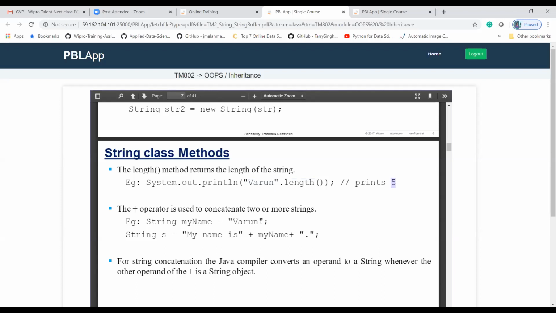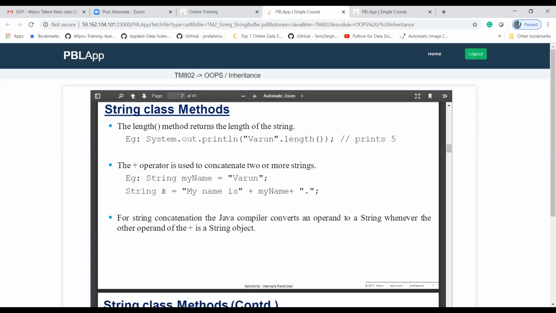String myName is equal to "Varun". String s is equal to "my name is " plus myName. The plus operator is used to concatenate the value of that variable and this statement. It will print "my name is Varun" in s.